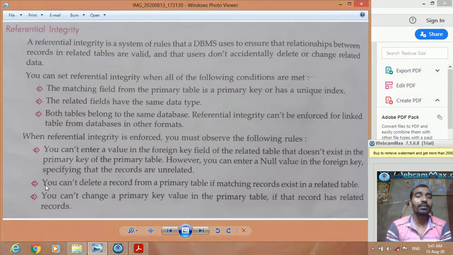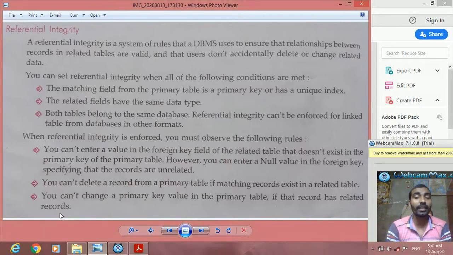Then the second rule: you can't delete a record from a primary table if matching records exist in the related table. Remember this. If the matching record exists in the related table, then you can't delete a record from the primary table. And the same thing happens with the third rule: you can't change the primary key value in the primary table if that record has a related record.